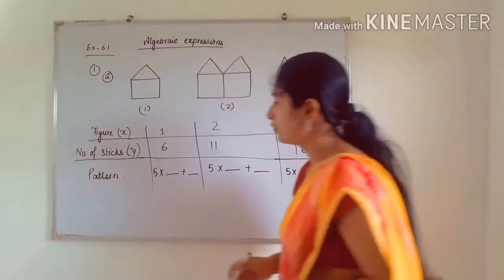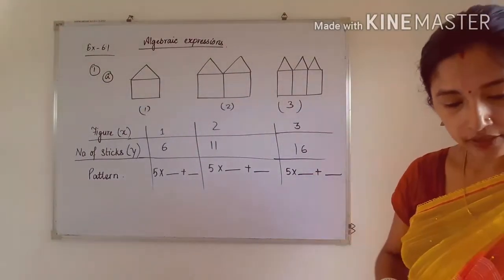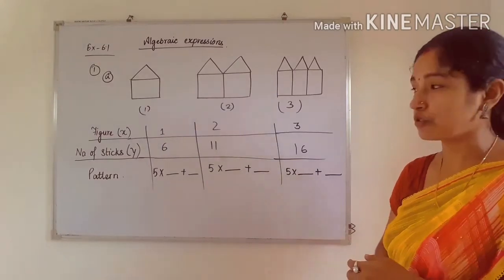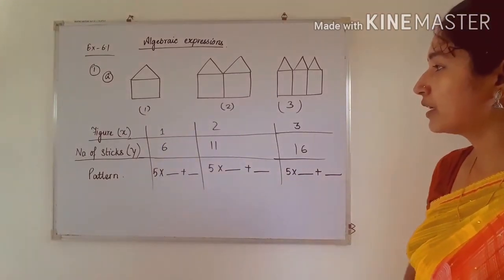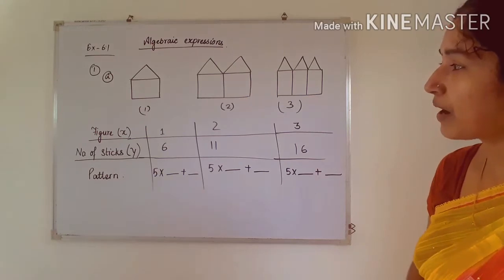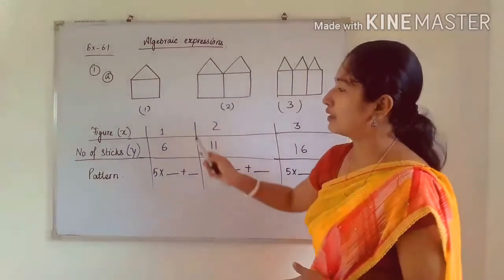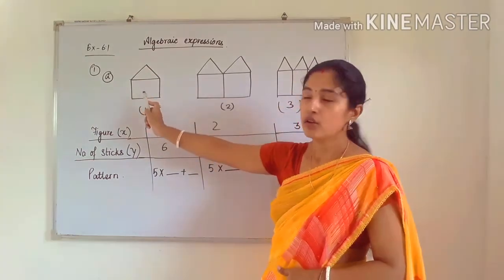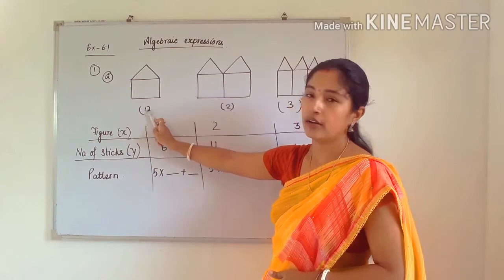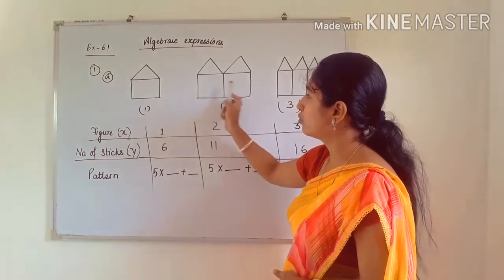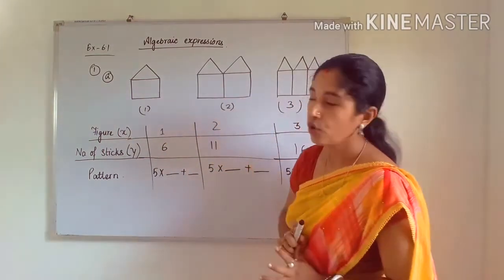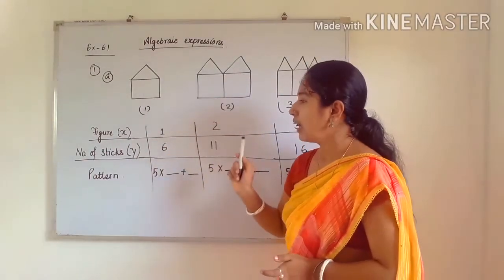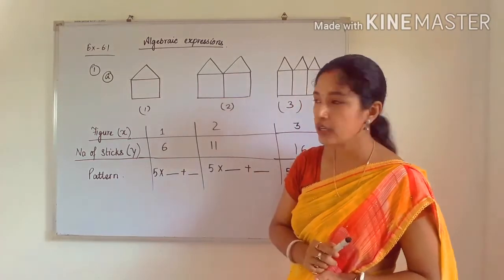Here you have to study the pattern first and then you have to find a general formula, or you can say you have to write the algebraic expression. So first of all, see the first figure is denoted by 1, as here the number of objects is 1. So we are denoting it using 1. Similarly here there are 2 objects, so it is written as 2. So figures are denoted by 1, 2 numbering like that,